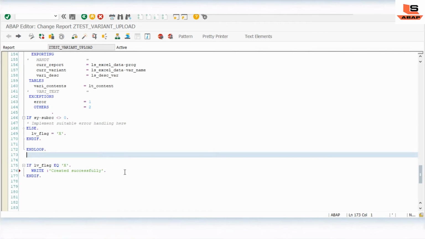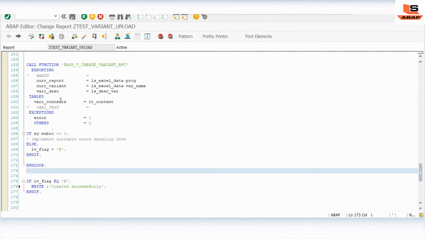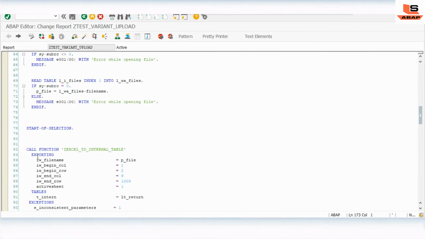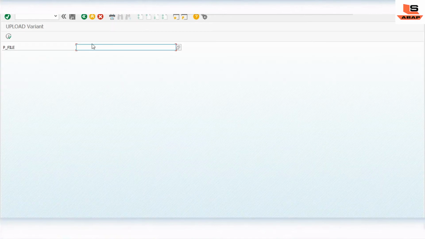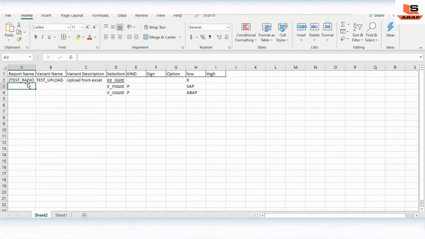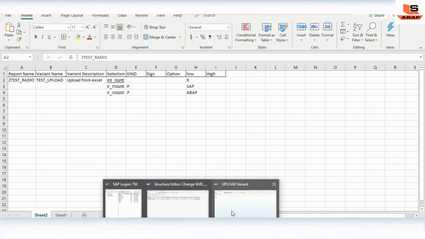Execute the program. So we'll keep the breakpoint over here so that we can see the value whatever. We'll keep the breakpoint here. Okay, so it will help you to understand. Keeping the breakpoint over here and execute. As you can see, p file name. This is my file. I have already shown you this file. This is one of the reports which is available in my system. In this, we'll show you this report also.